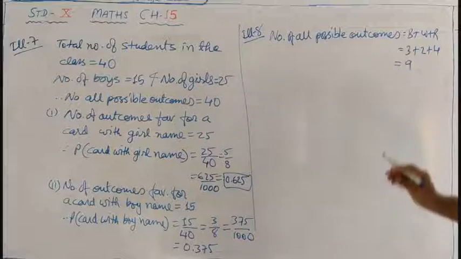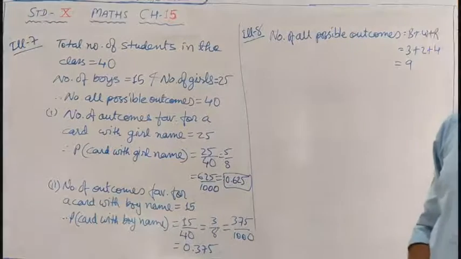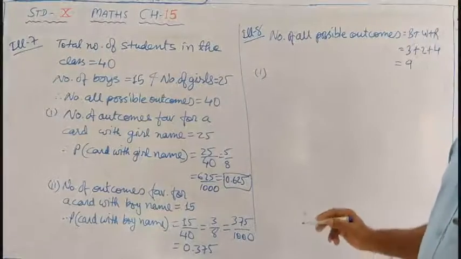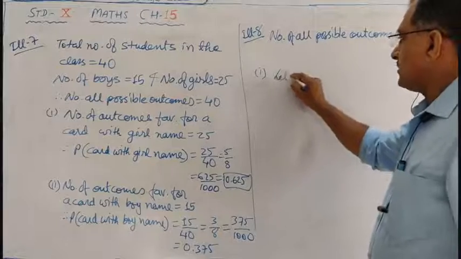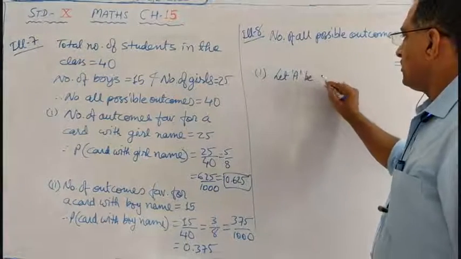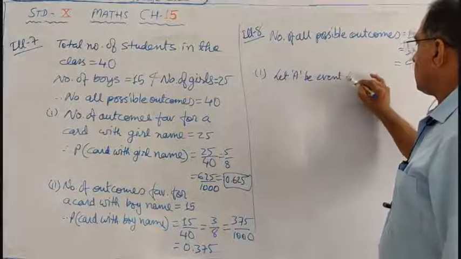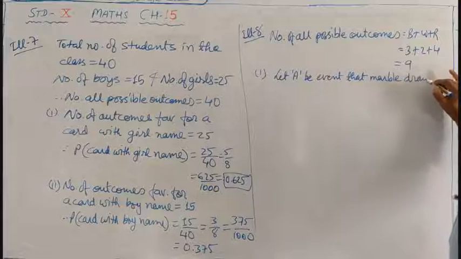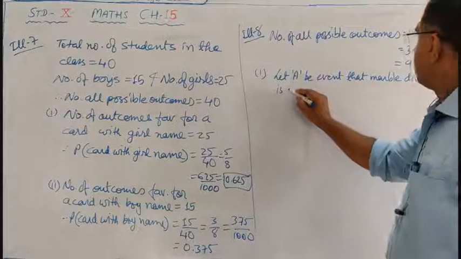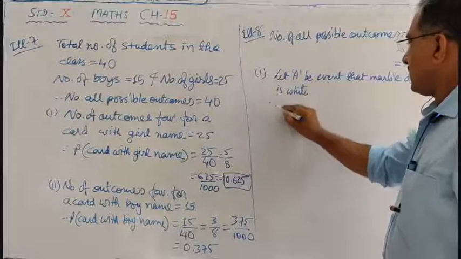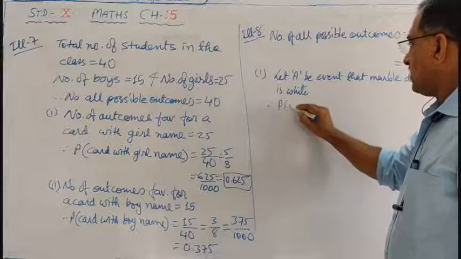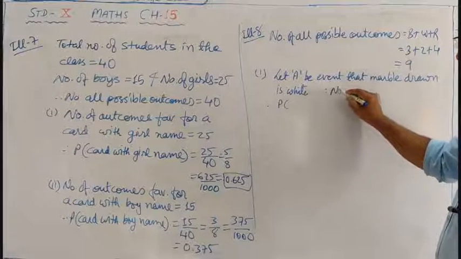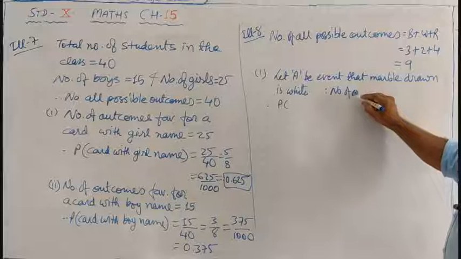So total 9 marbles. Okay, so that is the total possible outcomes. Now the first question here, find the probability that the ball is white. So we can say let A be the event that marble drawn is white, and therefore the number of outcomes